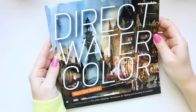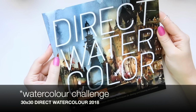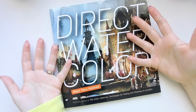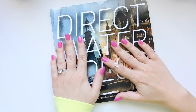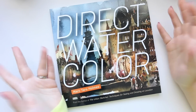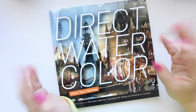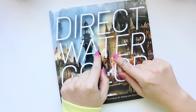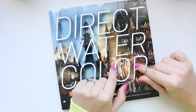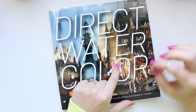And this year Marc ran a challenge during the month of June. It was supposed to be a painting every day that you do direct onto paper. So you could have used pens and ink pens to help yourself, but he is not using ink pens for this particular style. And from reading this book, I also realized that he only uses the pencil just to give